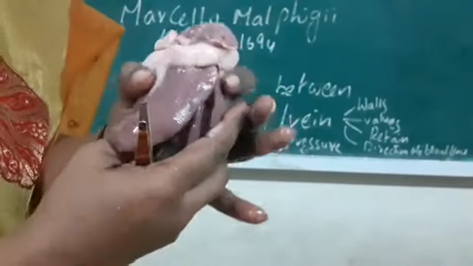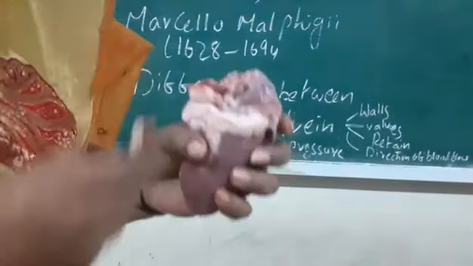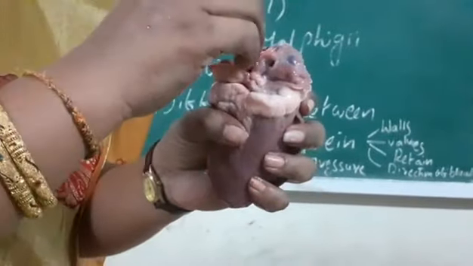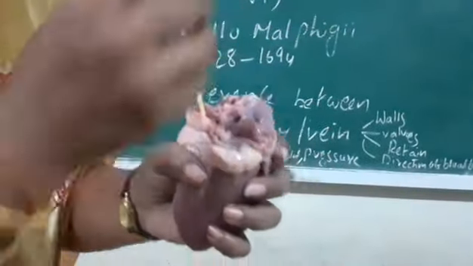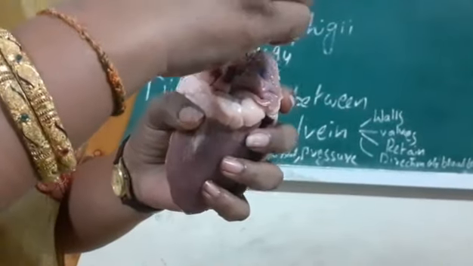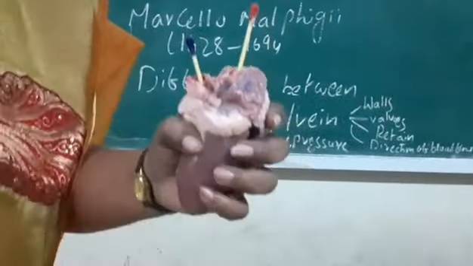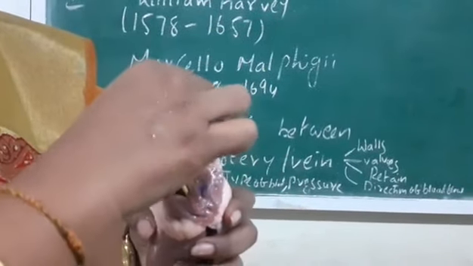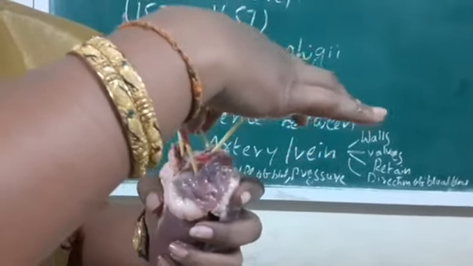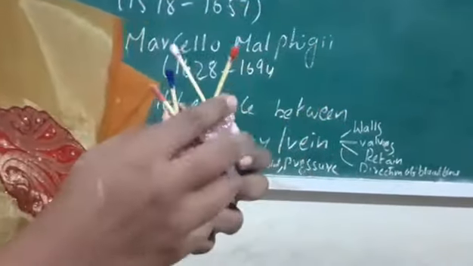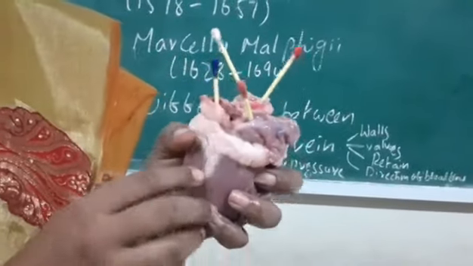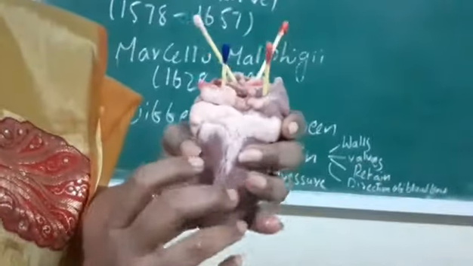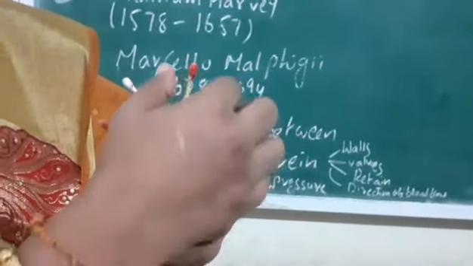When we observe the atrium or auricles, we observe the main blood vessels that are bringing blood to the heart and those taking blood away from the heart. The blood vessels that take blood away from the heart are called arteries, and the blood vessels that bring blood to the heart are called veins. We observe 4 types of veins that bring blood to the heart. They are the superior vena cava and inferior vena cava. We have also seen the coronary vein in the external structure, and along with that we also observe the pulmonary vein.